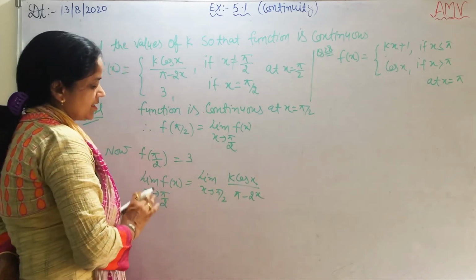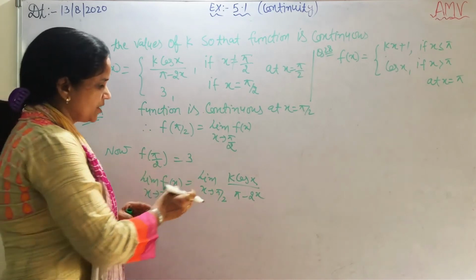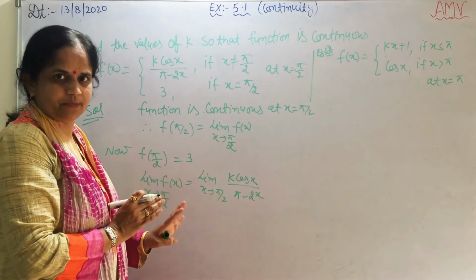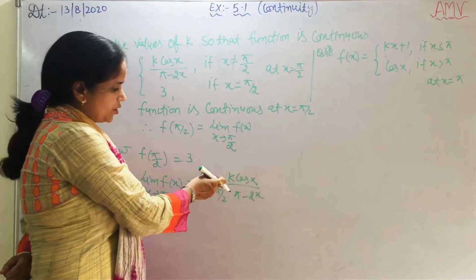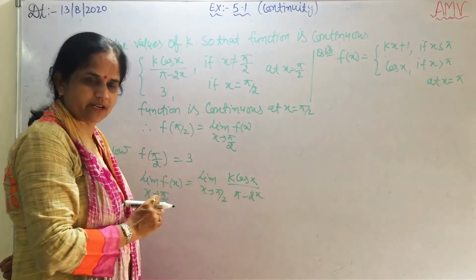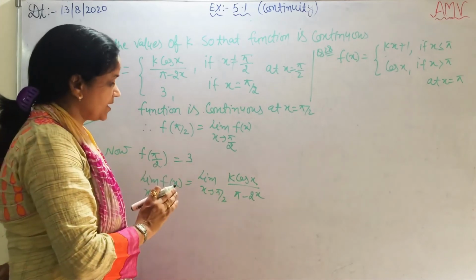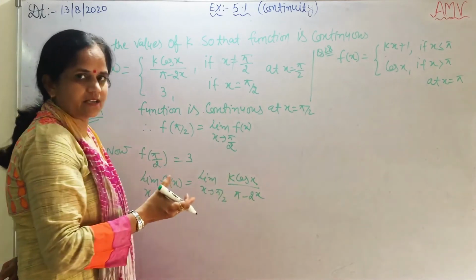So students, if this type of question is given in MCQs, then you apply the L'Hospital rule. Okay, it's very simple. For L'Hospital rule, you take the derivative of the numerator and the denominator, and then substitute x is equal to pi by 2. But in a descriptive question we have to find it with another method.